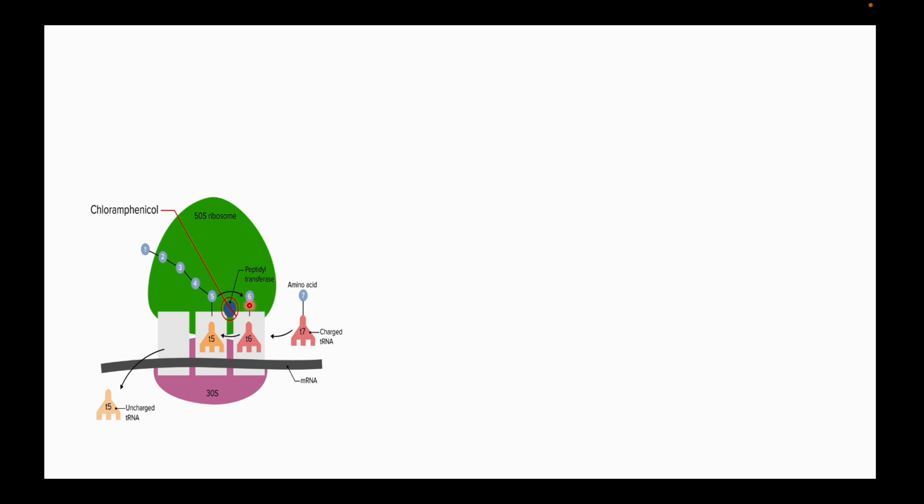So as you can see, chloramphenicol goes and binds the 50S ribosome exactly at the site where we have peptidyl transferase activity of this ribosome. So essentially what it does, it will inhibit the peptidyl transferase, and then we will have truncated proteins. So it essentially targets bacteria. How? The 50S ribosome is present in bacteria only, right? So it essentially targets bacteria, and we'll get truncated proteins, and the bacteria will eventually die. Okay,